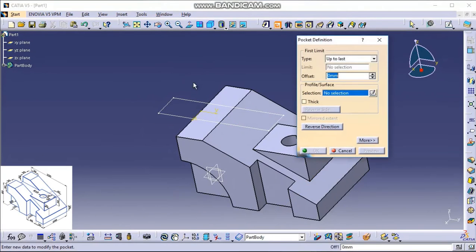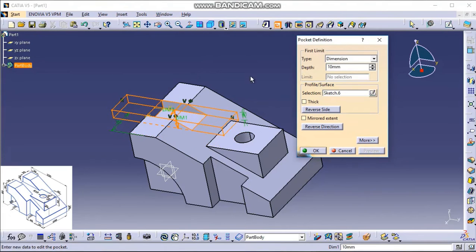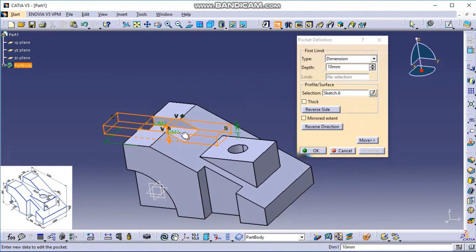Now I'll use pocket. Select this sketch. Here, if you give dimension maybe 10, get preview, you can see it is cutting up to 10 mm. In the drawing it has been given 20 mm. So instead of using 20 mm here, I'll use the option called up to plane and select a limit.